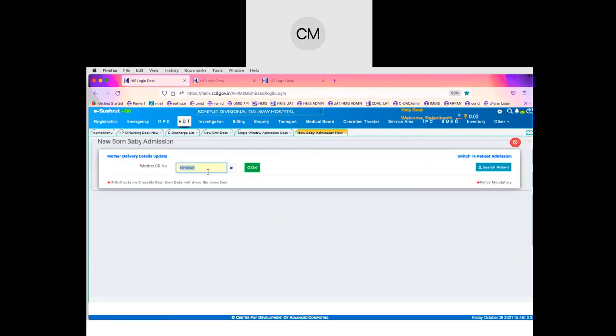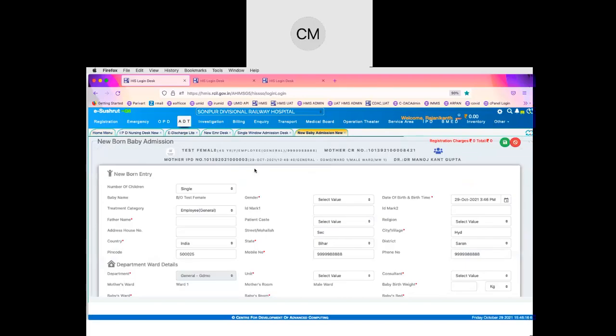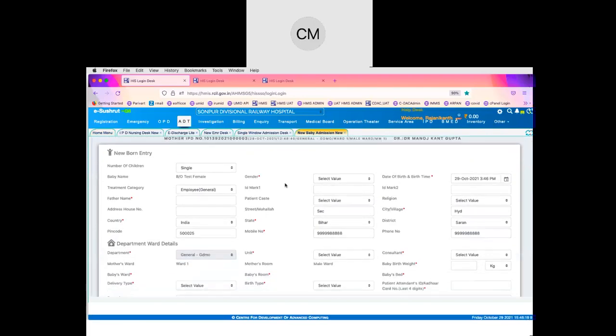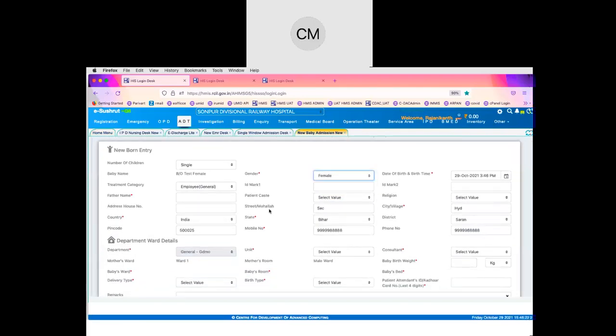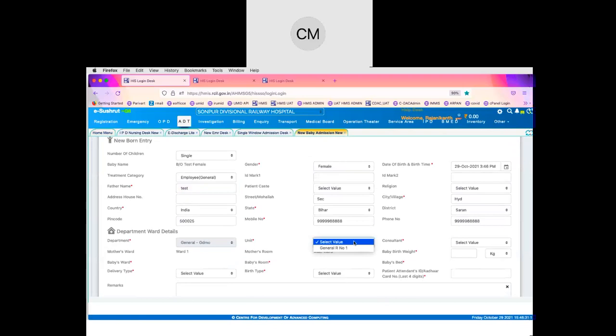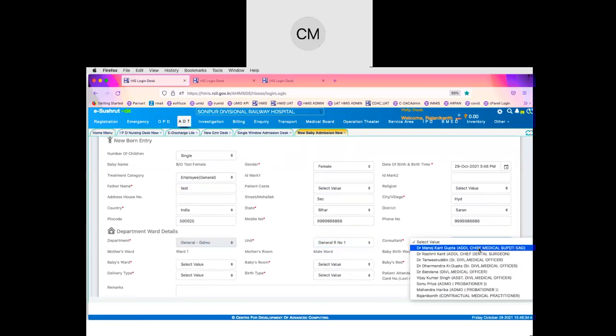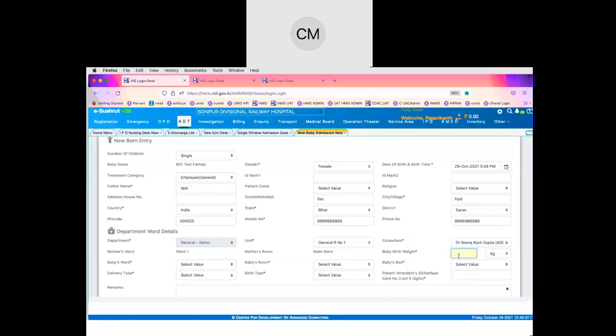If you click on it, then here, instead of entering the baby's CR number, because the baby is newly born, the baby does not have a name and does not have a CR number. So in that case, we can choose the mother's CR number, and then we can indicate whether the baby is single or twins or any number, as per the case. If it is twins, then two cases get generated here. Two new CR numbers get generated for the babies. We can fill in the necessary information here.